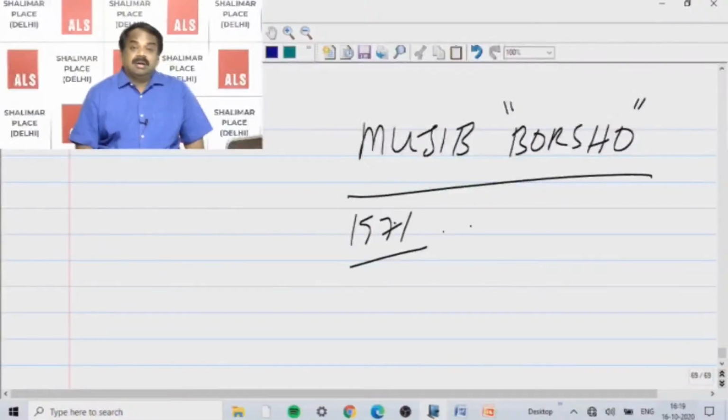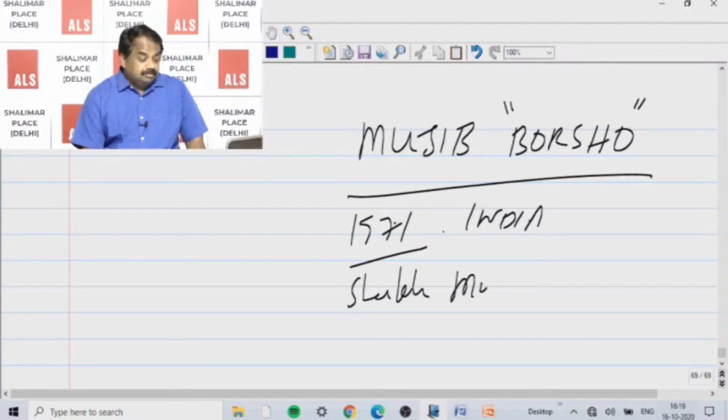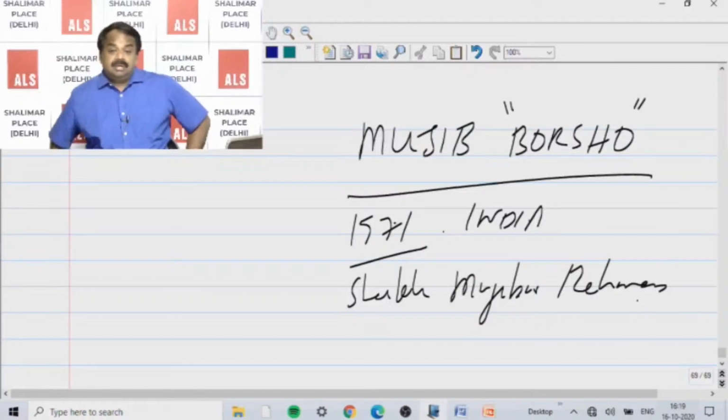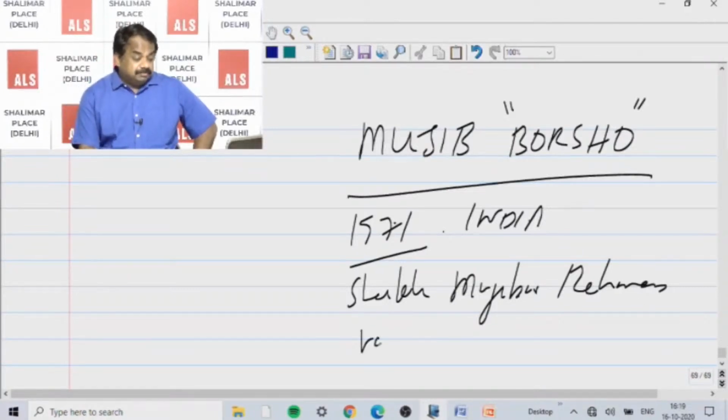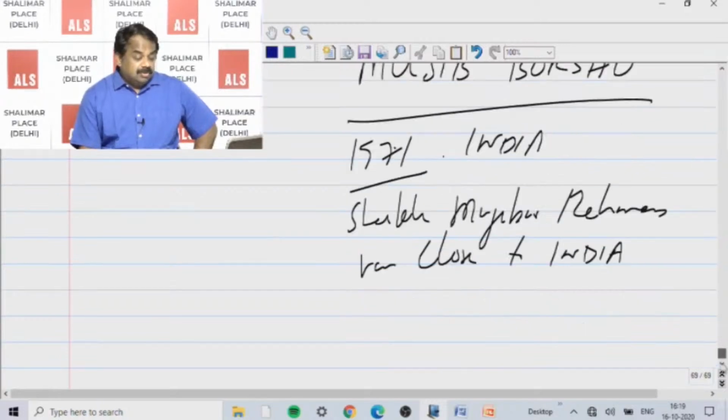So anyway, this Mujib Varsho is being celebrated in a big way, and as I told, in the 1971 war and the independence, India played a very crucial role, and Sheikh Mujibur Rahman was very close to India. When they started the armed rebellion, the Indian army was known as the Mitra Bahini,